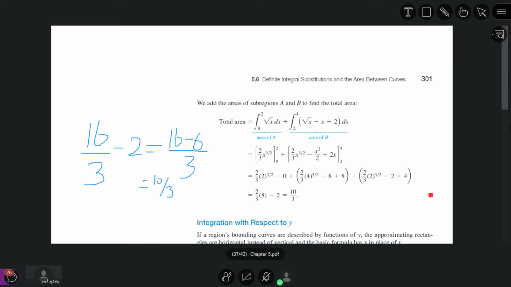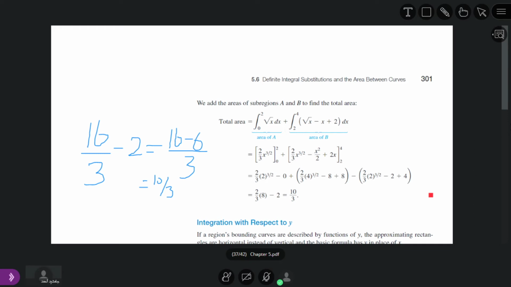Okay, so this is the method. We will have two functions f of x and g of x, and both functions are continuous. The function which has the greater value we will put as f of x, minus the function which has the lesser value, which we put as g of x. So this is the method basically, and we have to integrate from the lower limit to the upper limit.